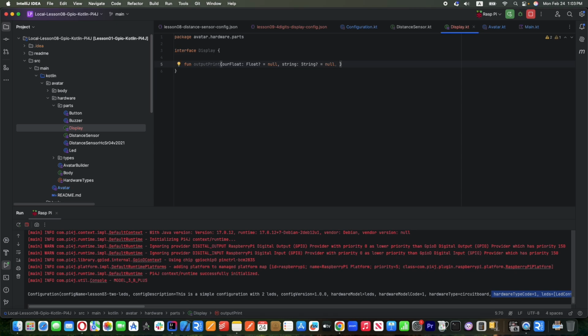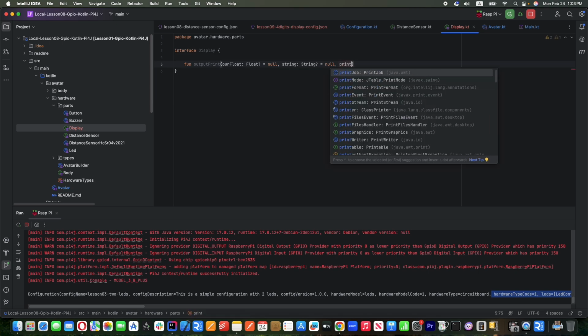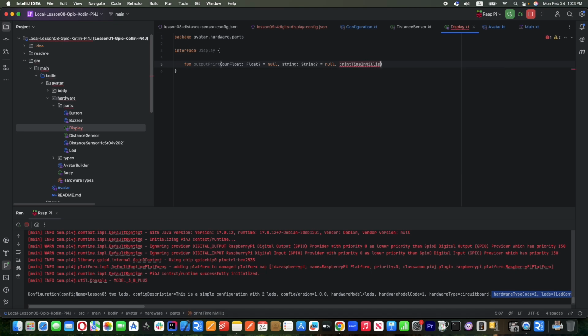and we need print time, for how long we should print out our information. Print time in millis, and by default is 0. It means a permanent printing without turning off. Now we need some function to parsing the model of our display. So let's create a companion object